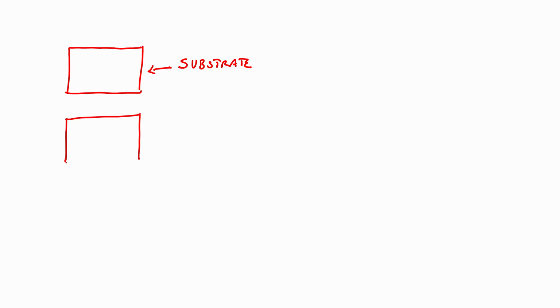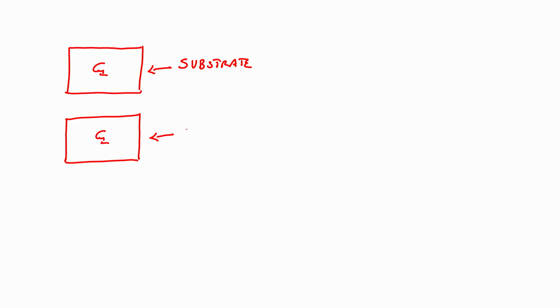For the first step, you have to see the slide and please concentrate. The first step is to take a substrate. The next step is, if it is silicon and you want to deposit a metal, the substrate is an oxidized silicon wafer. If you are using glass, there is no need of oxidizing the glass, because glass itself is an insulator. So, let us say we are using glass here.